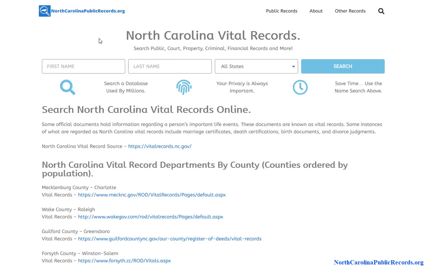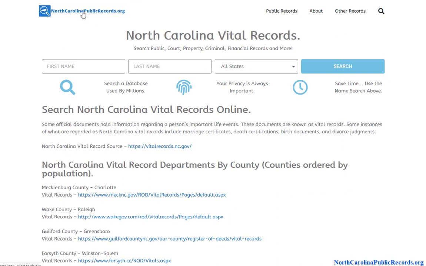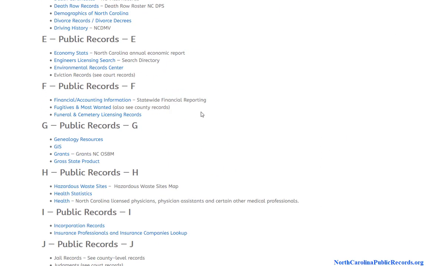Somebody could be looking for, say, an actual certificate, and that's only available to the person that the certificate belongs to, maybe their parents, maybe some legal representative of theirs. It's not available to the public, but the public can still access some of this information depending on what it is. So, for example, when you're on the front page here, let's say you need